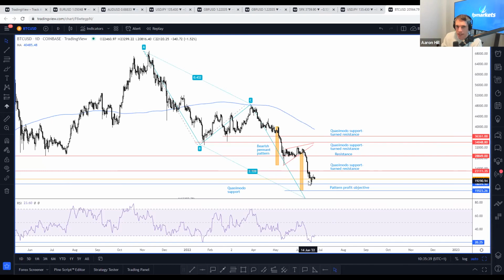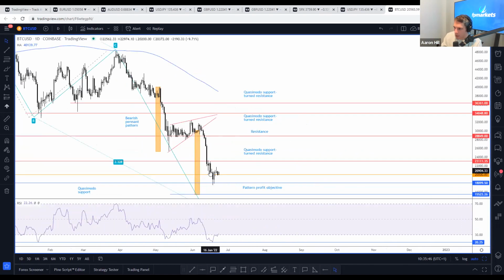Because look, below the 20K area, people are going to get very, very bearish, I believe. And look what happened. We closed below that. And look, this is a typical bear trap as well. This is a bear trap. Below the 20K area, we reacted off of this Quasimodo support at this point, and now we're higher. Now, I'm not saying that Bitcoin is going to continue higher from here. Now, this is the daily time frame, right? But look, we got almost to the pip reaction from that Quasimodo support.